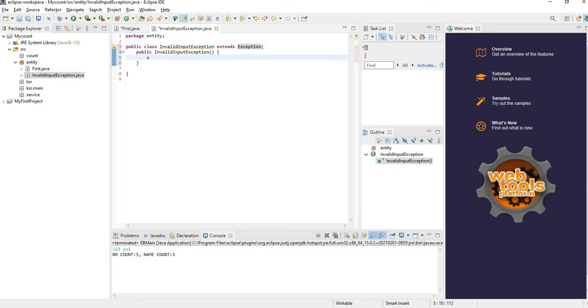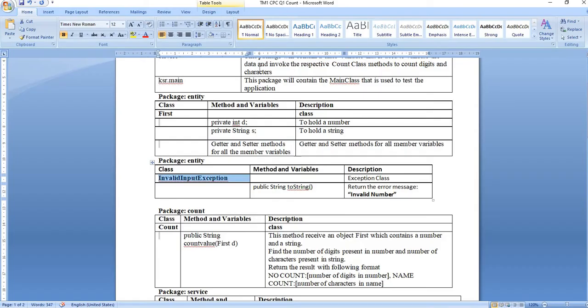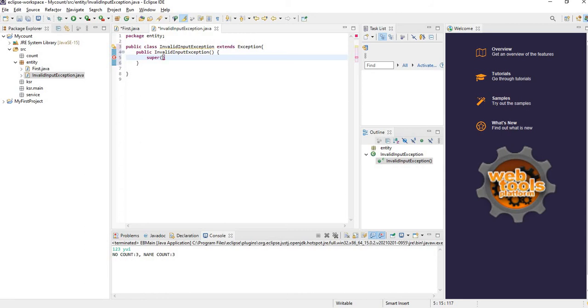In order to call the parent class constructor, we have to use the keyword super. The message we have to pass here is "invalid number". So let us pass this message, invalid number.